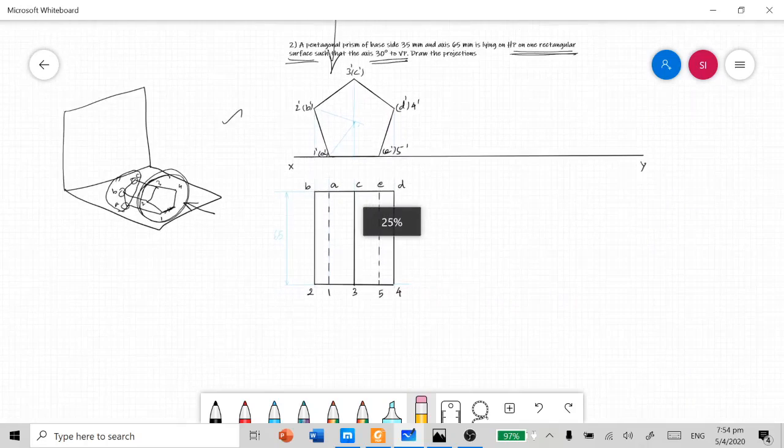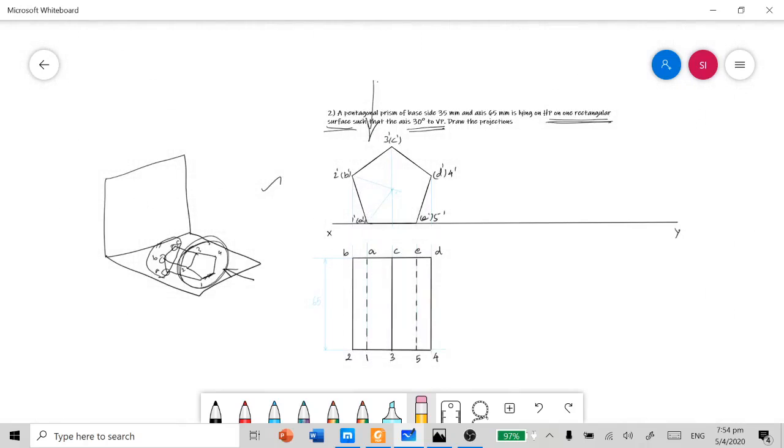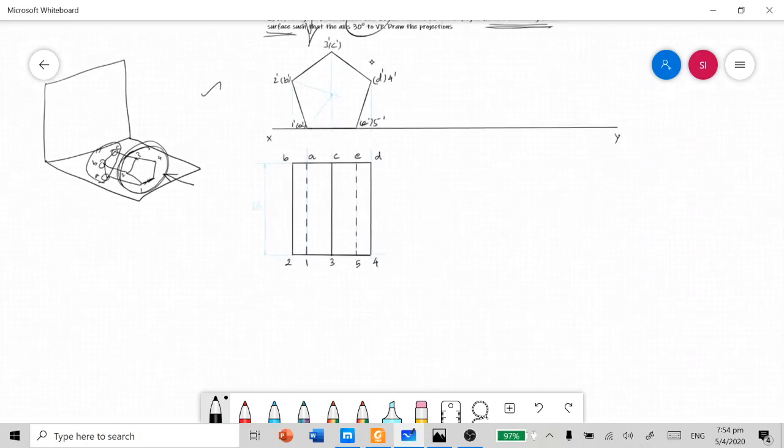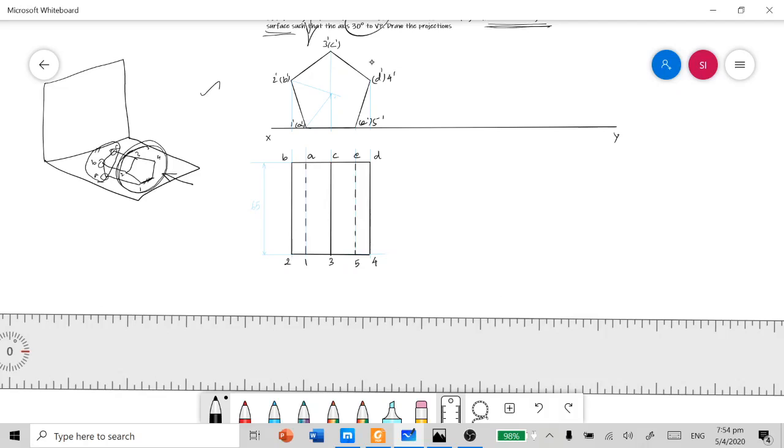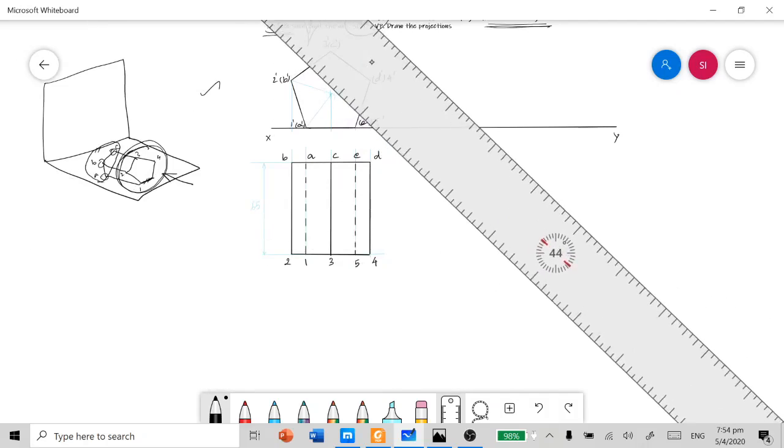And in the problem itself, it's clearly given that the axis is going to have 30-degree inclination with VP. So now, as per the simple projection, we drew the axis perpendicular to VP, because in the top view, in the lateral view of the solid, the axis is perpendicular to XY. It's nothing but perpendicular to VP. As per the problem, we have to make it inclined at 30 degrees to VP. For that, first I need to draw a pilot line with 30 degree inclination.